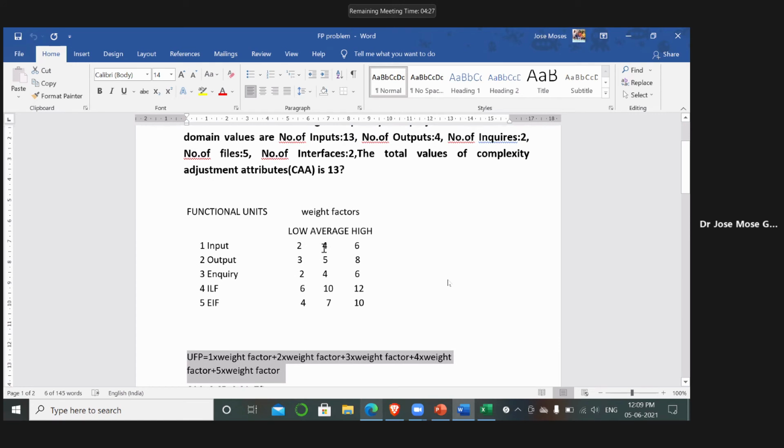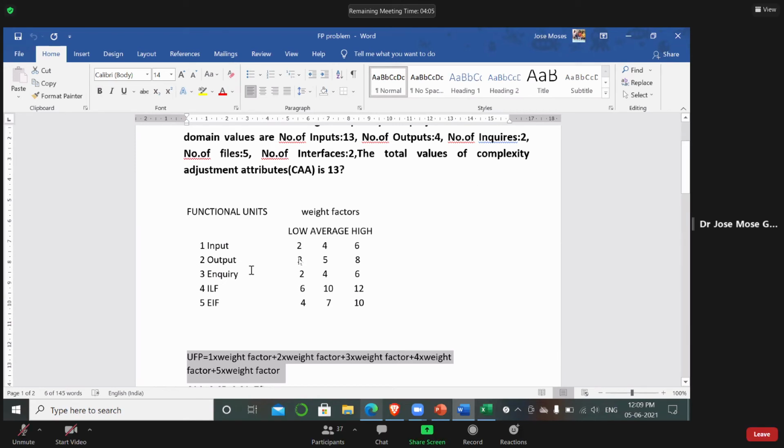13 into 4, 4 into 5. Okay, then the third value is what?